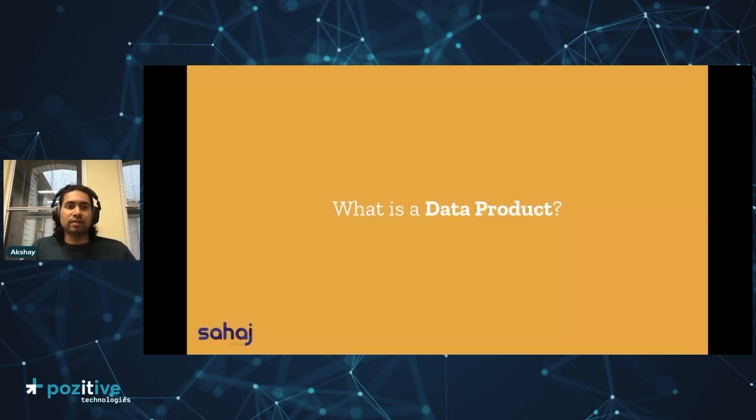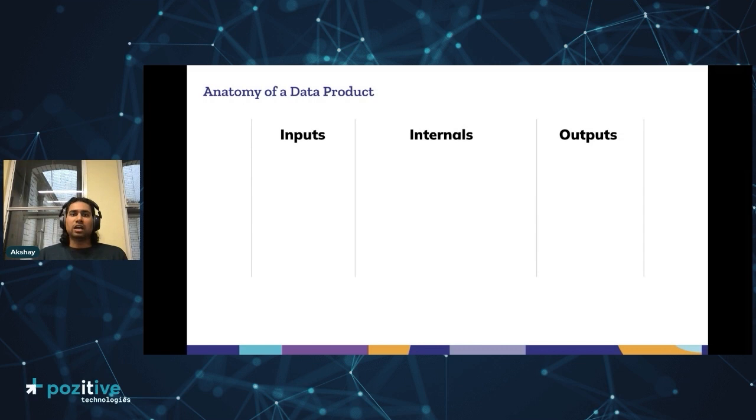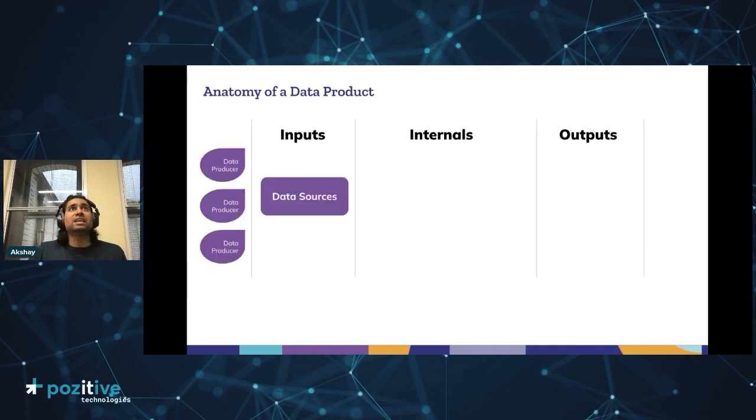To dive a bit deeper into how we've done it, let's understand a few concepts around this. First of all, data products. Data products are usually made up of three things broadly. You have your inputs, which are the data sources. These can be any sort of sources. They may be data sets that are produced in a warehouse, Excel sheets, or APIs that are being built by teams. They are basically the inputs that you use to produce your data product.